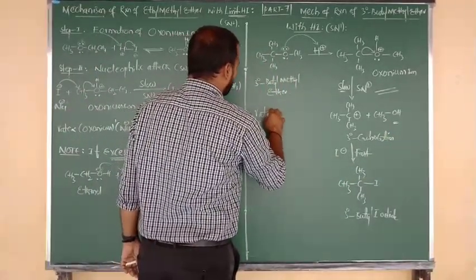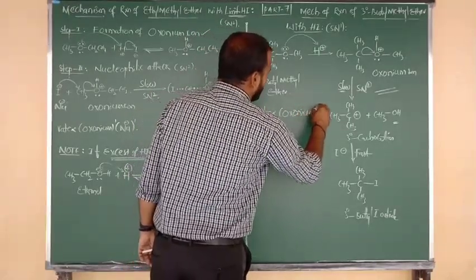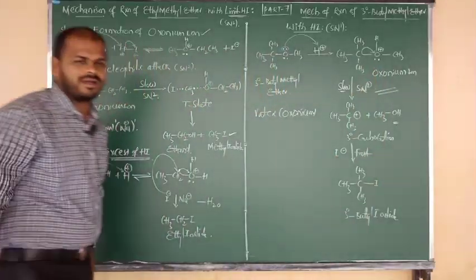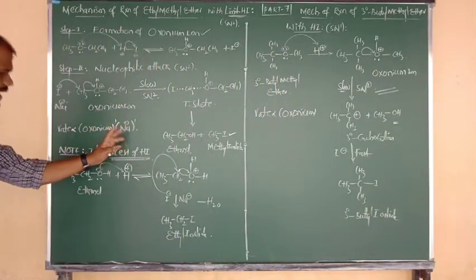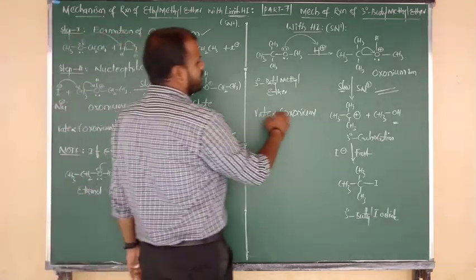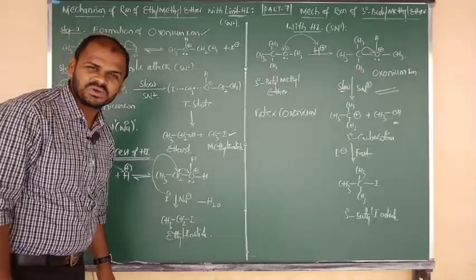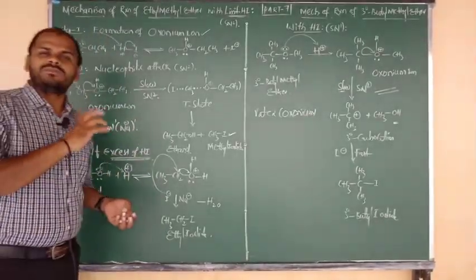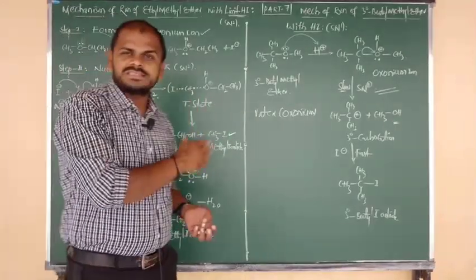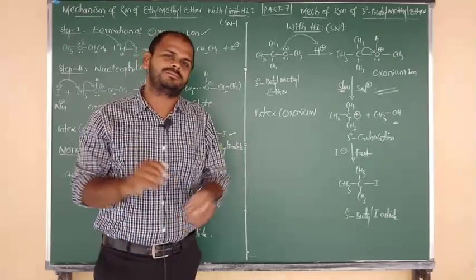In this mechanism, rate depends only on what, beta? Concentration of the oxonium ion, as per the slow step concept. But in SN2, rate depends upon the oxonium ion and the nucleophile, that is I minus. But here your rate depends only upon the what? Oxonium ion. Did you understand the story clearly? Yeah, beta. So up to now, the HI story with various types of ether, whether SN1 or SN2, how they undergo the mechanism, everything we have studied clearly.